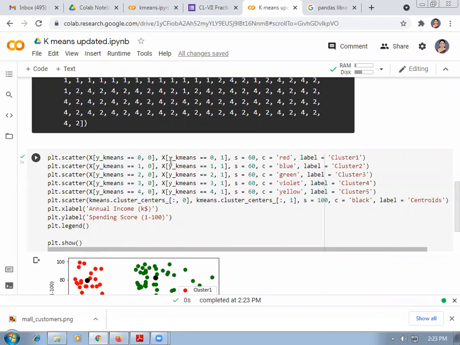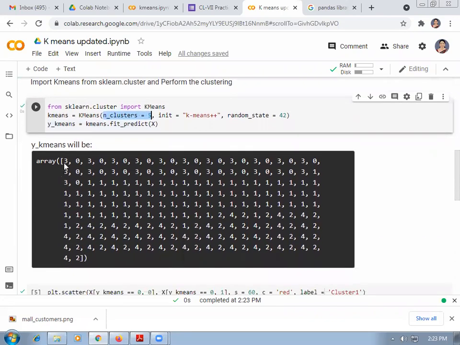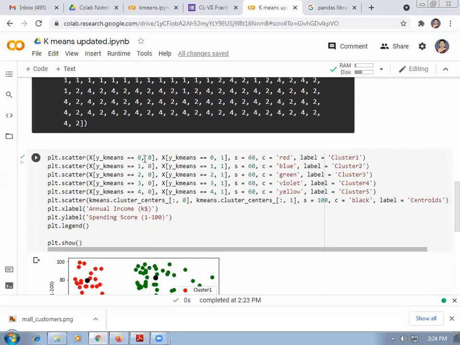Why are there 5 values? Because we have given the number of clusters as 5. If you observe, the array contains the values 0, 1, 2, 3, 4. That means 5 values are there.